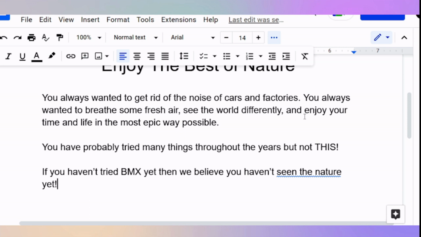So you always wanted to get rid of the noise of cars and factories. You always wanted to breathe some fresh air, see the world differently, and enjoy your time and life in the most epic way possible. You have probably tried many things throughout the years, but not this. And they feel curious about what is this.